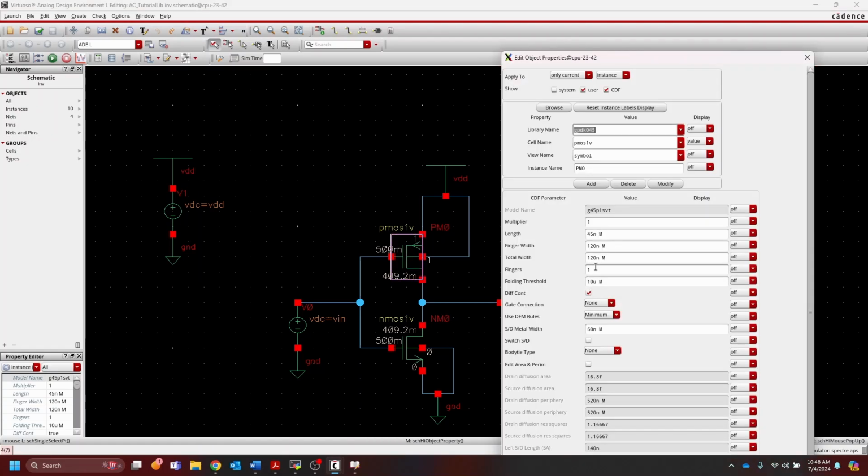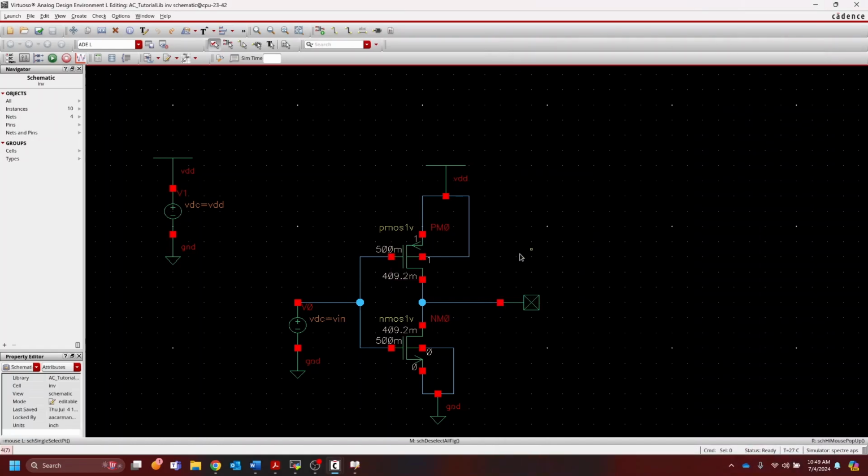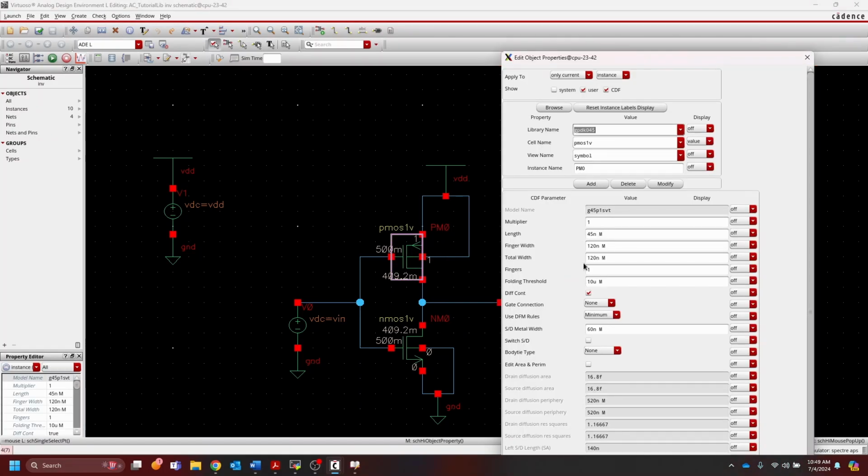We can change some of the parameters here to try and make it so that it is more balanced and that they're pretty much equal, symmetric. But that's going to be something that you guys are going to have to do yourselves. So you can use parametric analysis. You could try and define a variable. For example, you could make the